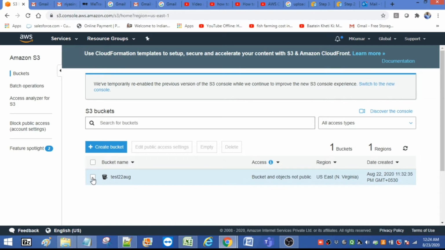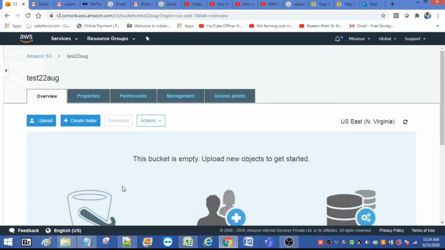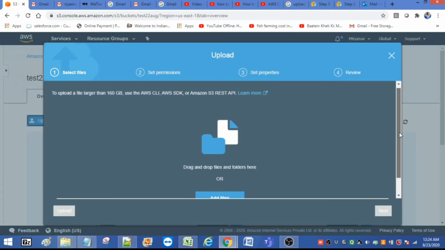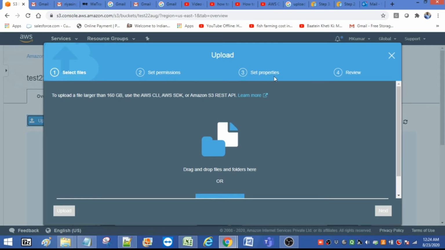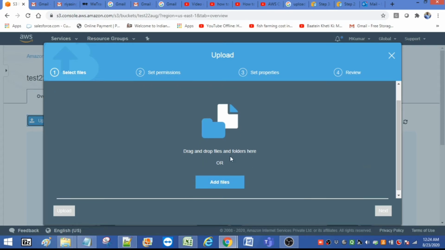Select this bucket. Now I'm inside the bucket. Right now there is no folder. It is an empty bucket. Choose upload. Here you can see select files, set permissions, set properties, review, and you can drag and drop files or folders or add files.